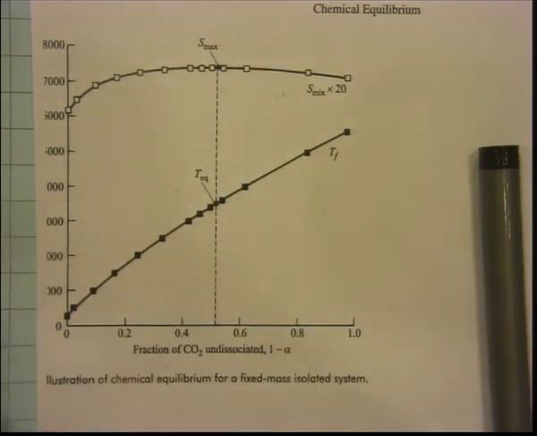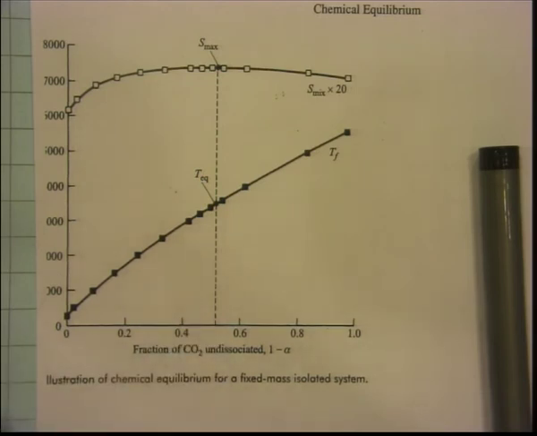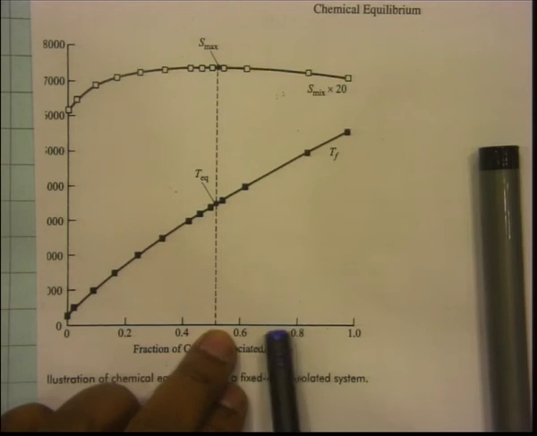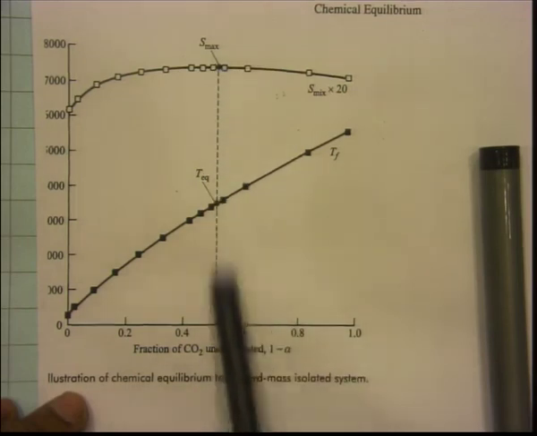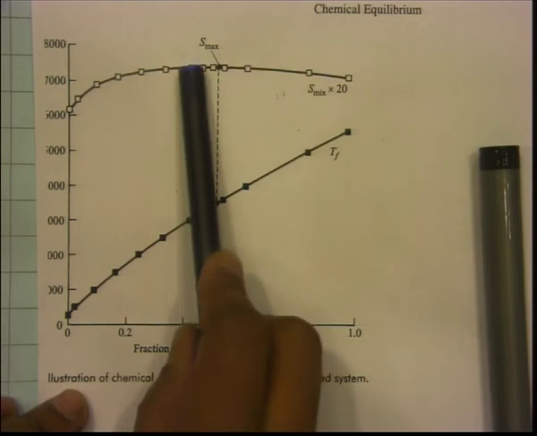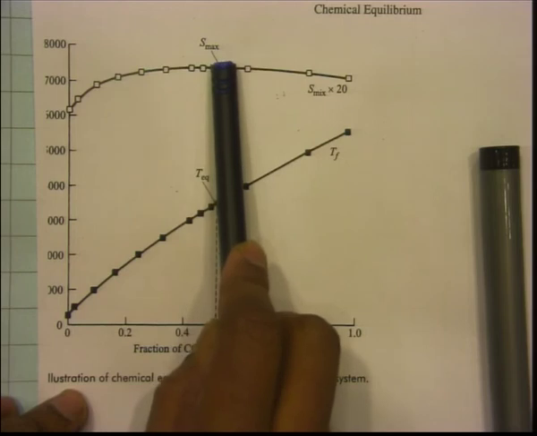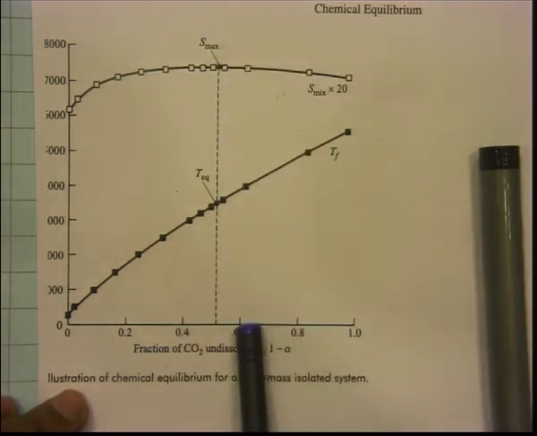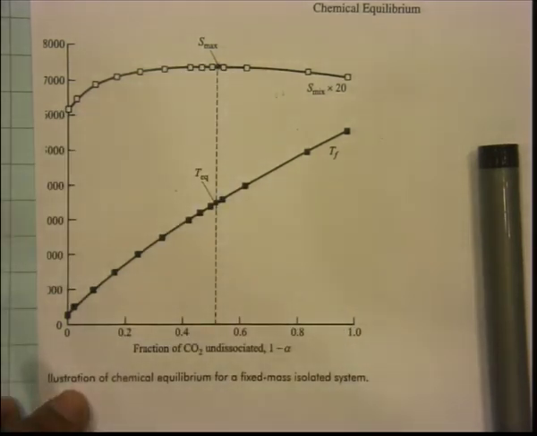and you have done enough of second law, enough of thermodynamics. So, you can probably guess that this must be the equilibrium composition. So, if the system tends to have a value of 1 minus alpha which is lower than the value at the dashed line, suppose instead of being at the dashed line you are at 0.4, then the system will automatically on its own try to reach the maximum, or else if 1 minus alpha is let us say at 0.6, on its own again it will try to move in this direction to reach the maximum. That is what second law says, isn't it?